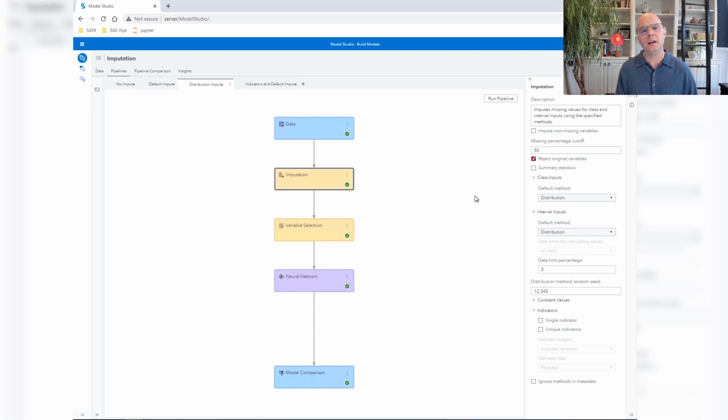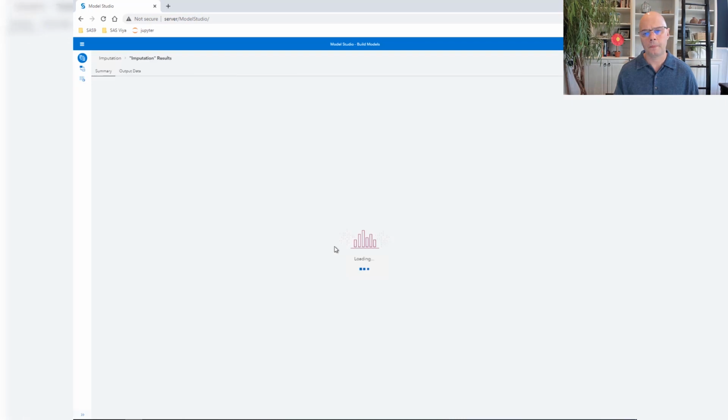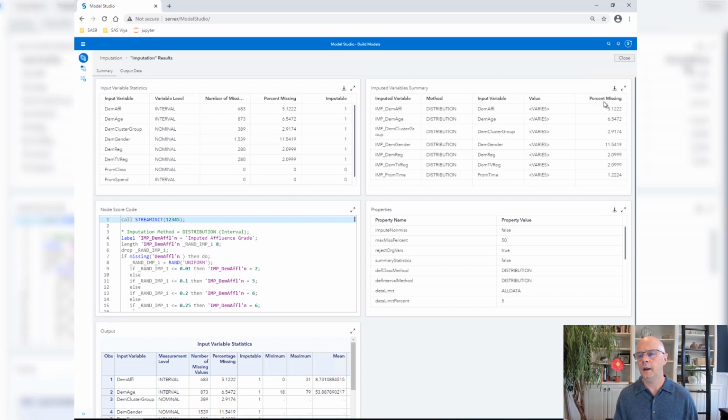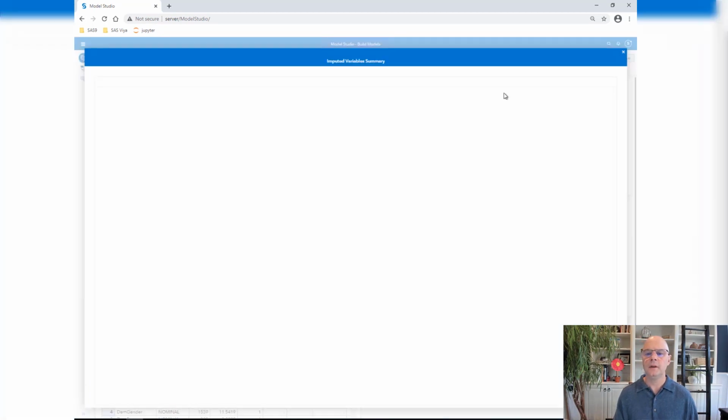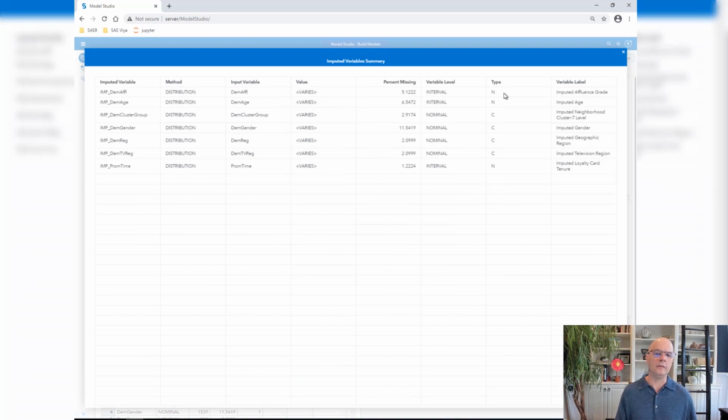Again, let's take a look at the results of imputation. And I'll maximize imputed variable summary. Same scenario in this pipeline. We've got new variables that have been created with an IMPP prefix, and all of those variables now have a role of input. Notice the method column.